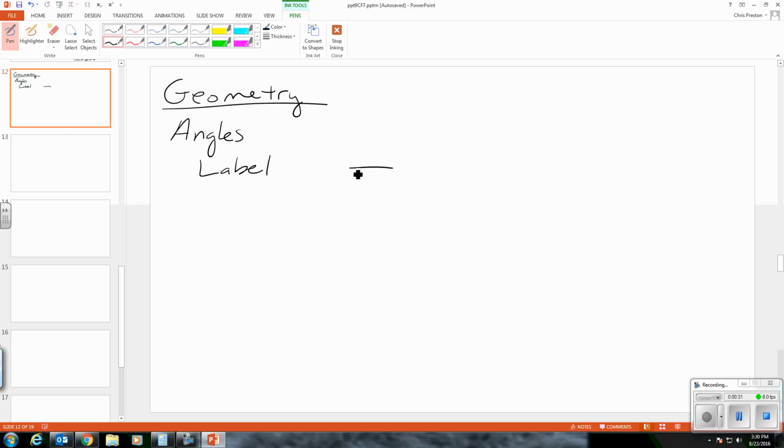So you might have just an angle out there. Usually they denote what angle you're looking at with a little curve with a notch or something. They might have a letter, and they may call this angle A. Okay, but there may be other times when you have